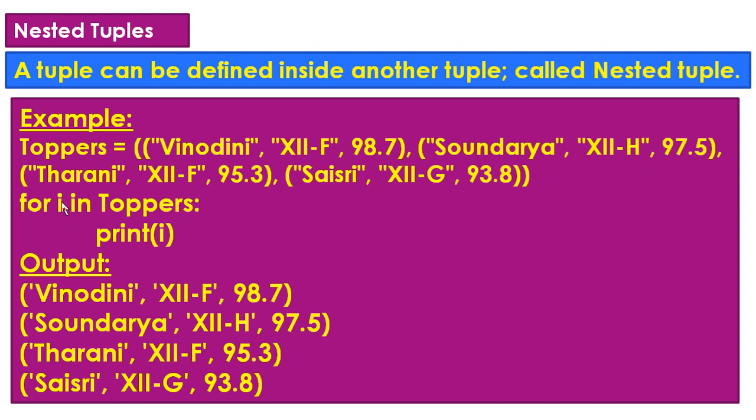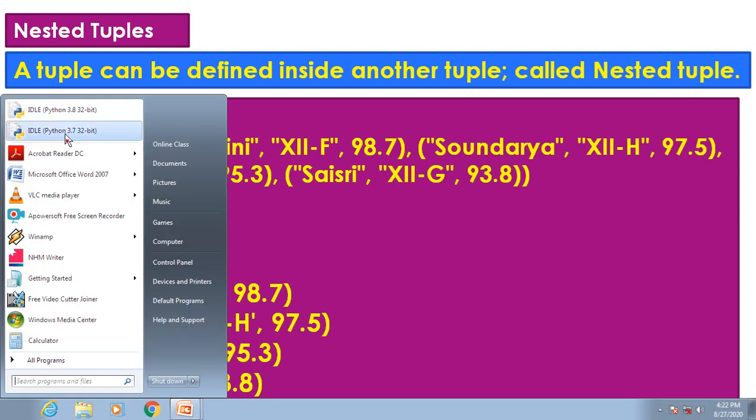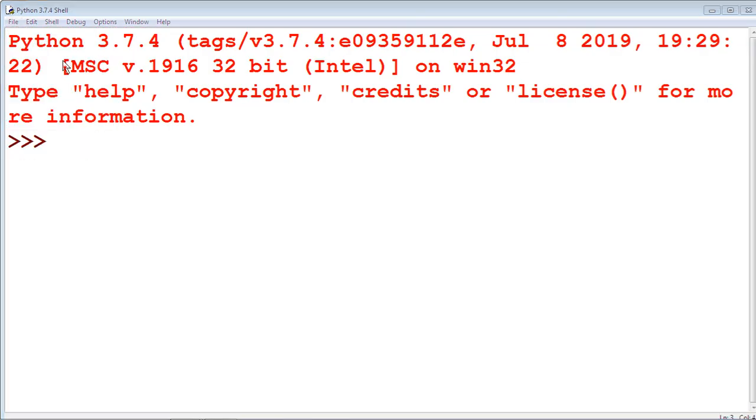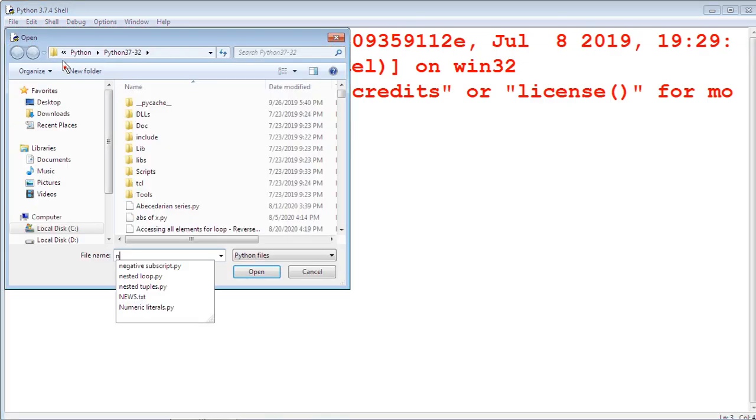In the third iteration, i is 2, so the second index tuple is printed. The fourth value of i is 3, so the third index value of topper is printed as here. We are going to see this example by using the IDLE window. Nested tuples.